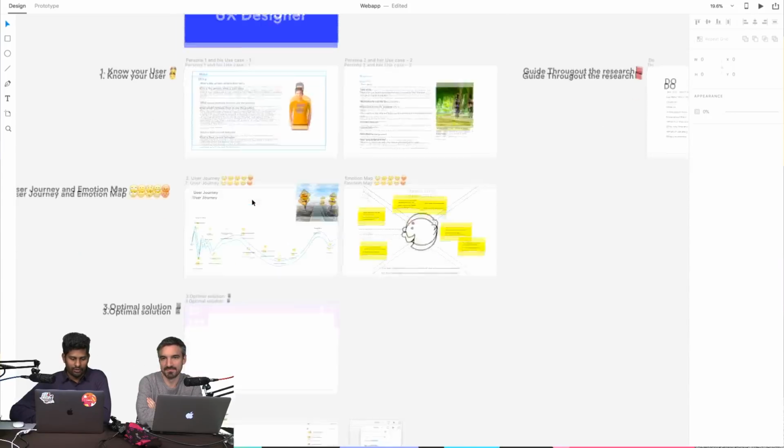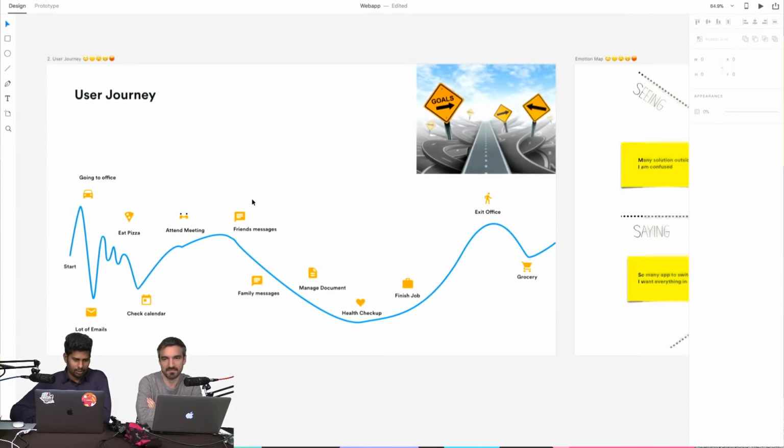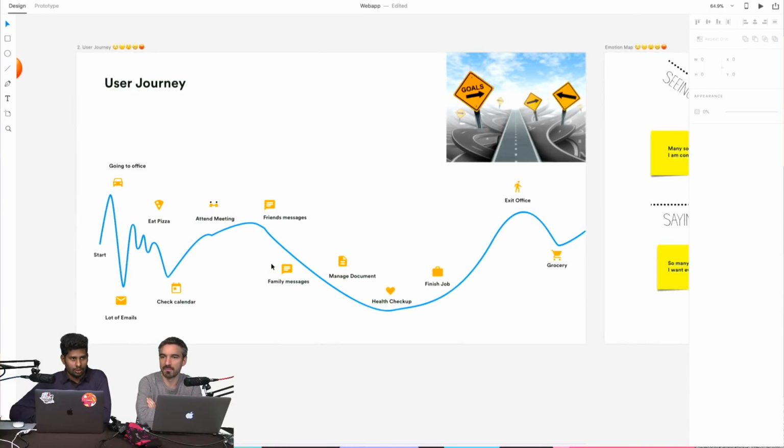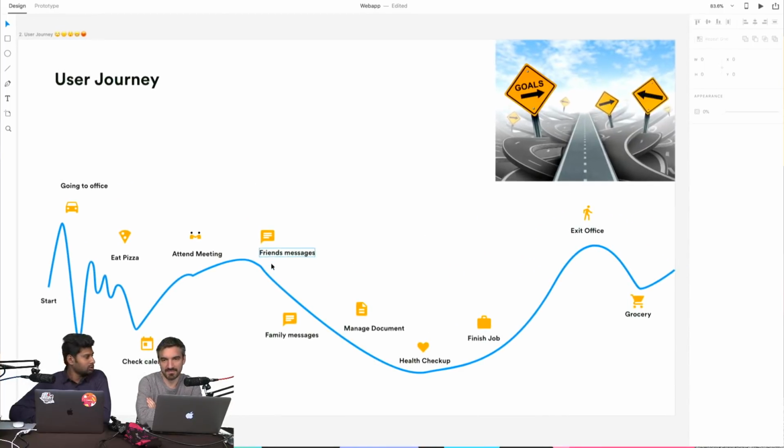So now I found the problem of this guy. Okay, his user journey is this. So I'm going to make sure how to optimize the solution specifically for this user, because whenever you're starting some app, you have to be very specific to some area. Then if it works perfectly, we can expand this product. We can't directly go and expand to a global product, trying to solve everything. There would be so many use cases to deal with. So I'm going to solve the use case for this guy.